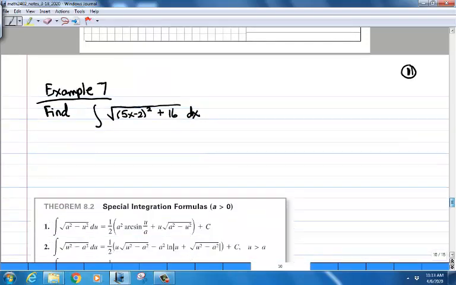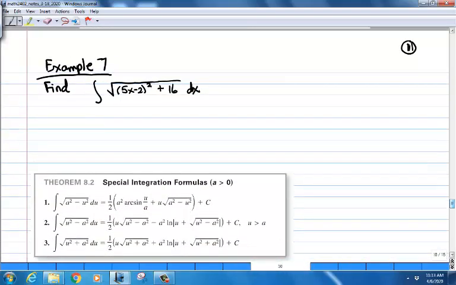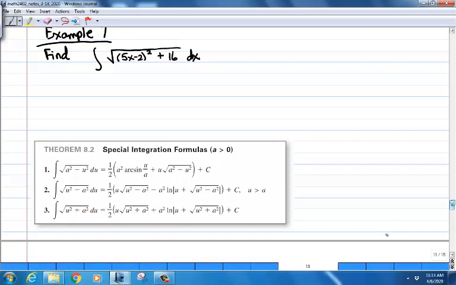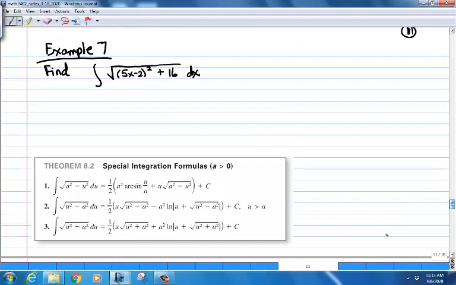Okay, so let's look at this example. I've recopied the table here so that we can refer to it easily without having to scroll up. All right. So this example says find the antiderivative of this square root. It's the square root of this expression, 5x minus 2 squared, plus 16. Okay. So notice that fits very beautifully into this table,